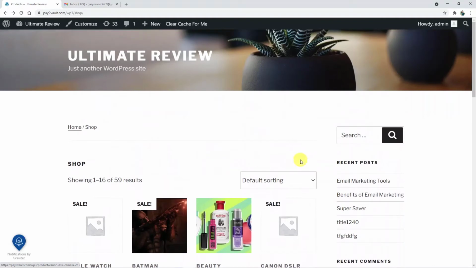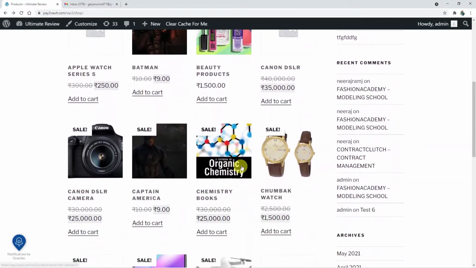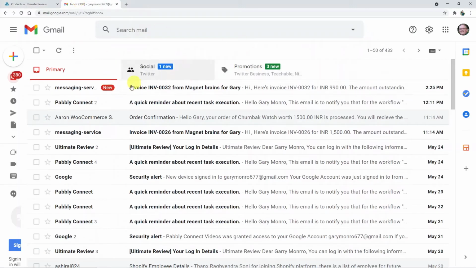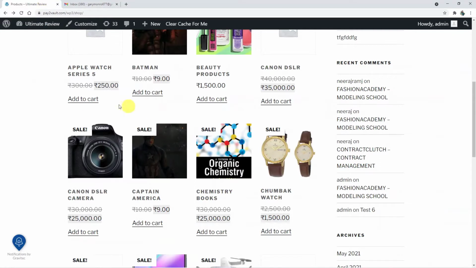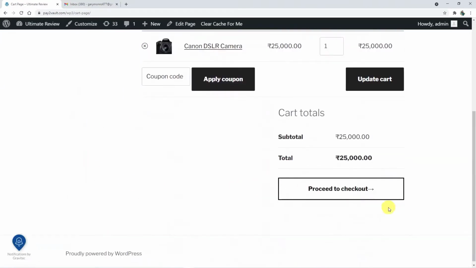Okay, so this is my WooCommerce store and here I'm going to create an order, and in the inbox of this particular customer we will see whether it gets that particular Google Docs or not, as an attachment with the email. So here I'm going back to this WooCommerce store and I'm going to order something, suppose this camera. Okay, so here add to cart